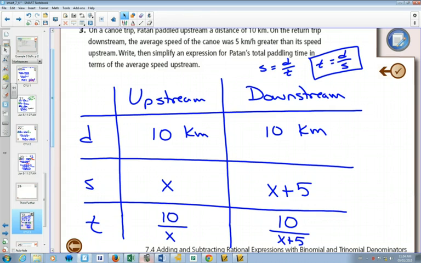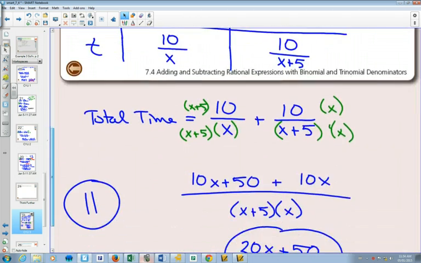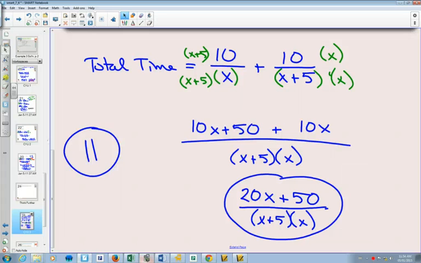Set up your chart. We were going upstream and downstream. You knew the distances. You didn't know the speed, but you knew a relationship with the speed, so you could introduce a variable here. And then once you've got two things, you can find the other one via the formula, because time is just distance divided by speed. So I get 10 over x. That's how I got this bottom one. And here, 10 over x plus 5. And then from that, you can create the expression that we did here at the bottom and simplify. All right, so that is